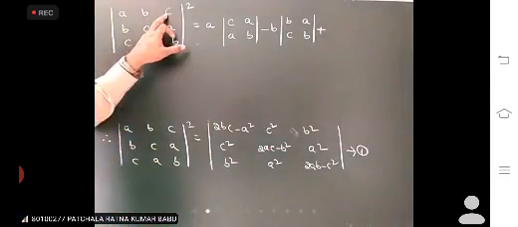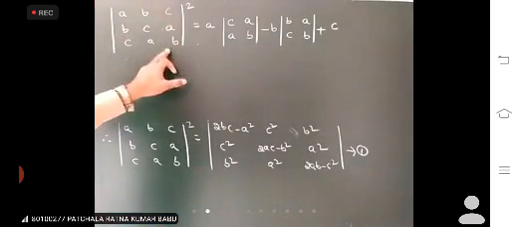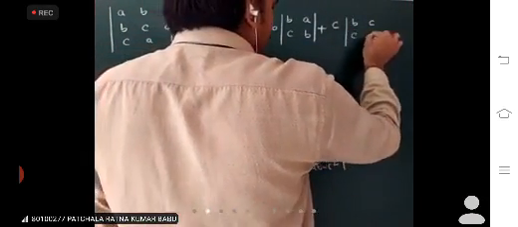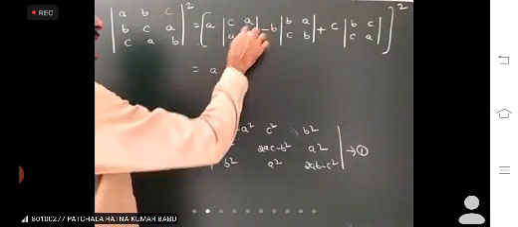Here third element is C. C into minor of third element. Delete the first row and third column. We get these 4 elements. Find the determinant of these 4 elements. We get the minor of C. So determinant of B, C, C, A. Okay. There is a power square. Put square and power. Expanding we get that this is in the form determinant of A, B, C, D.